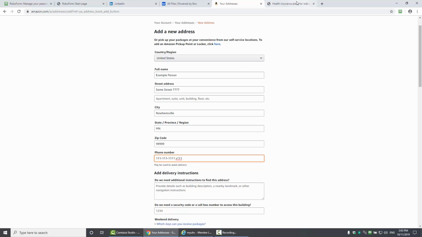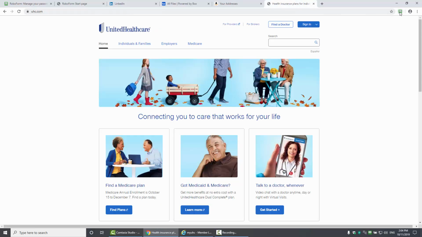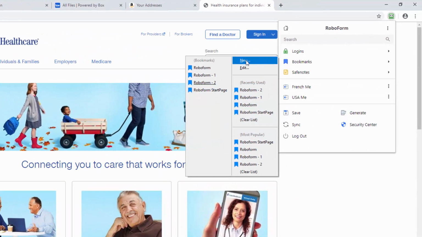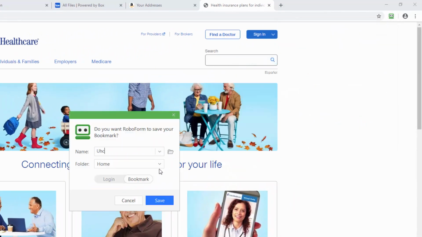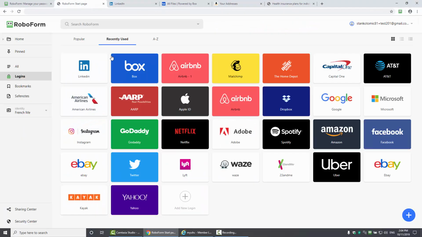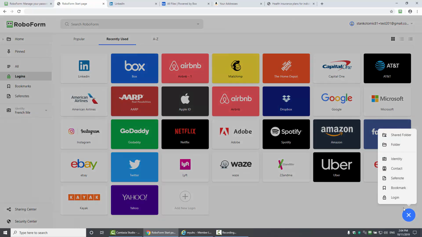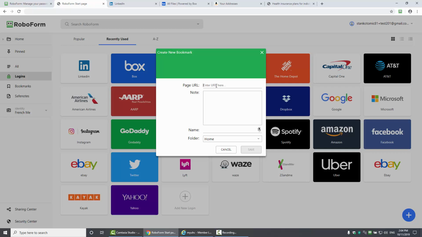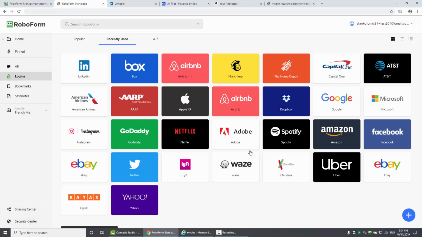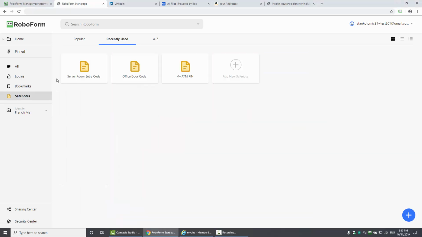Another RoboForm file type called RoboForm Bookmark stores web links. RoboForm will save the current web page as a new bookmark after the new bookmark creation command is selected from the RoboForm browser extension. The new bookmark can also be created from the New File Creation menu in the RoboForm start page. Once the new bookmark window is open, simply paste the URL, name the new bookmark, and hit the Save button.